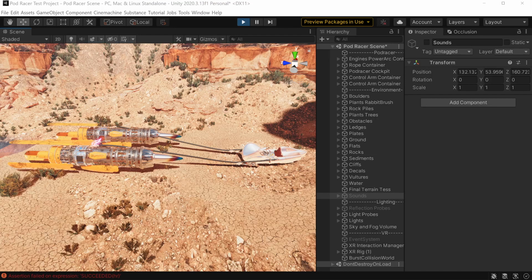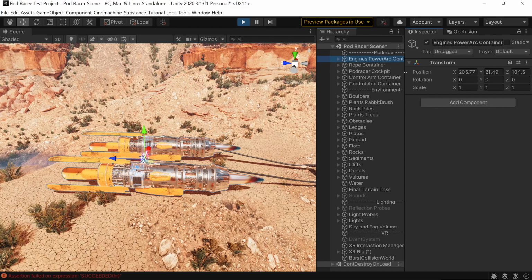Hey everybody, I just wanted to create a video to show you how I had organized this pod racer. Originally, I had everything parented underneath the engine power container, and that was going to cause issues with trying to move the entire pod racer itself, since that would have had to contain multiple child rigid bodies. So the solution around that, and the way I wanted to configure this,